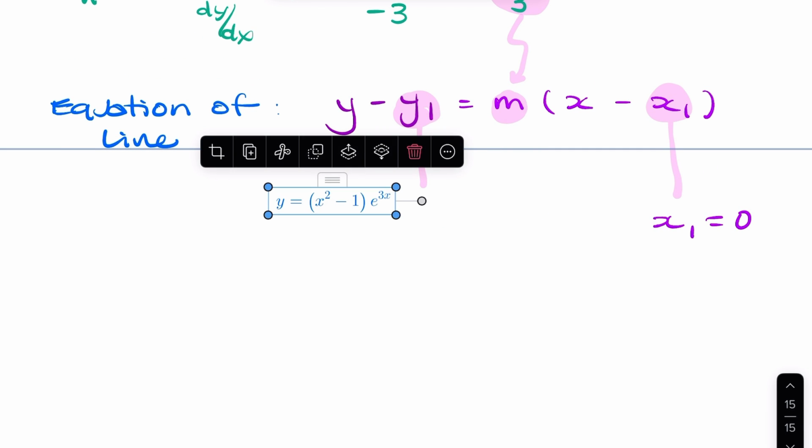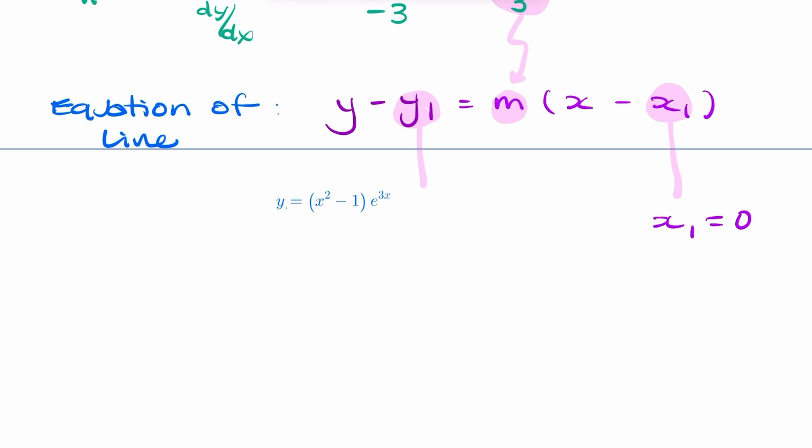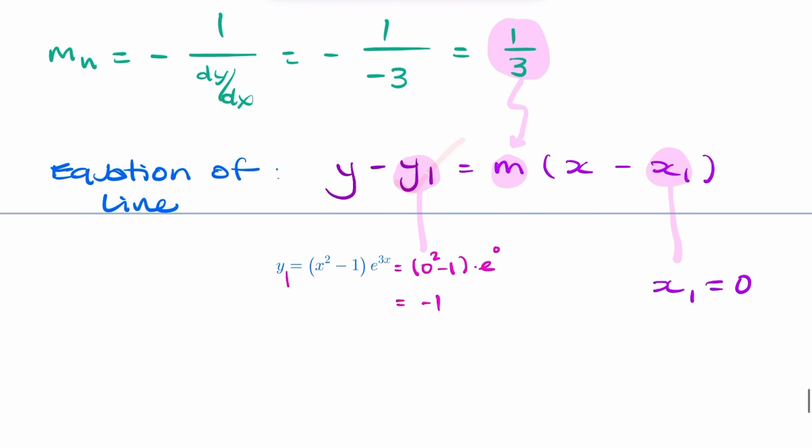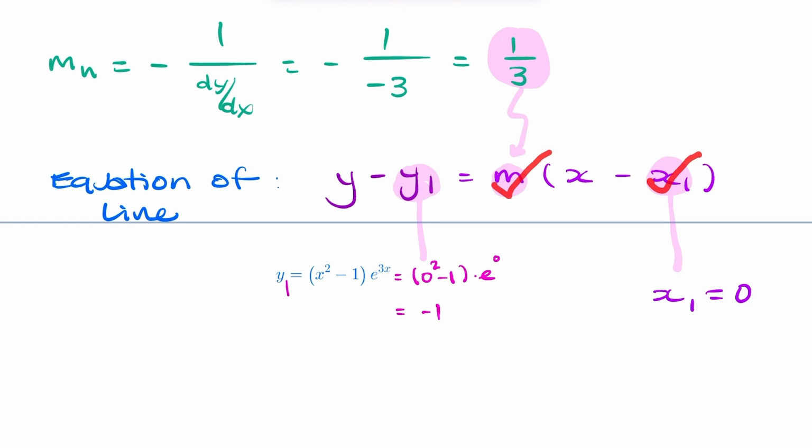So y1 is 0 squared minus 1 times e to the power 0. So that's simply minus 1, because e to the power 0 is 1, and that's negative 1. So now we know y1, we know m, we know x1,